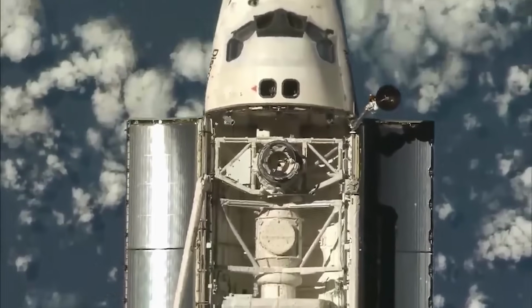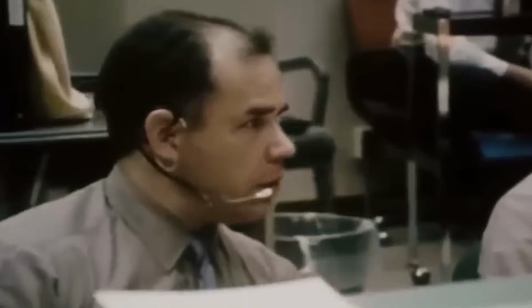At 35 seconds, Challenger passed through max Q, the period of maximum aerodynamic pressure. At 52 seconds, the main engines throttled back up. At 68 seconds, Mission Control radioed,